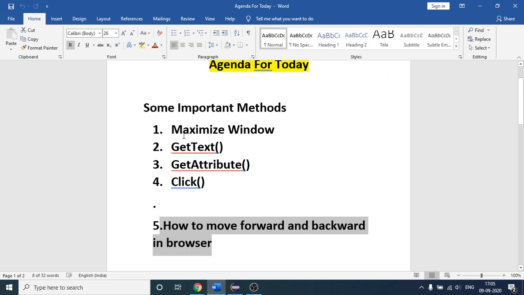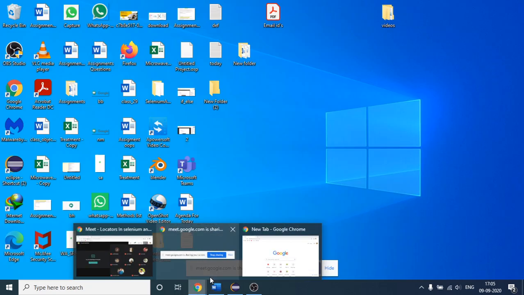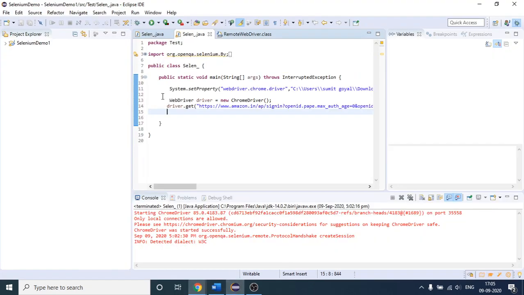So first of all, let me open it again. You might have seen that whenever you are trying to invoke your Chrome browser or Firefox browser, let me do it practically first, then you will get to know. I have written this code already so that our time will be saved.